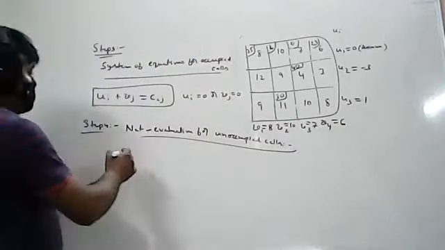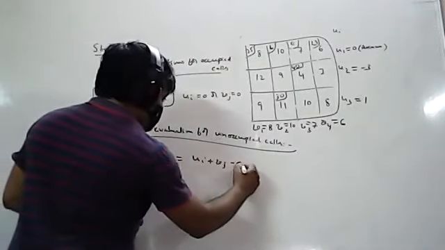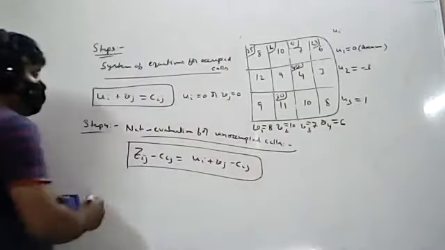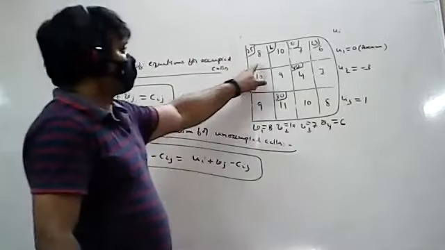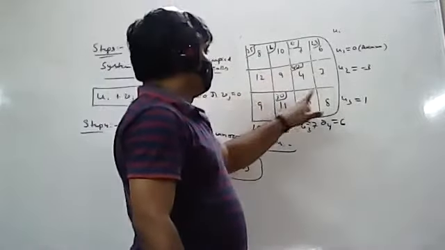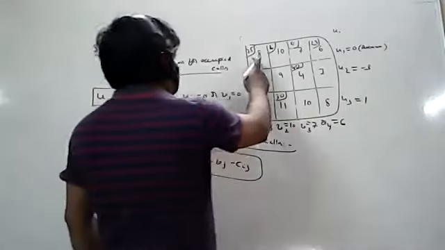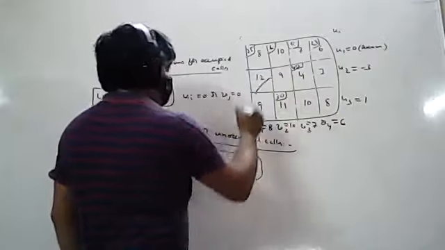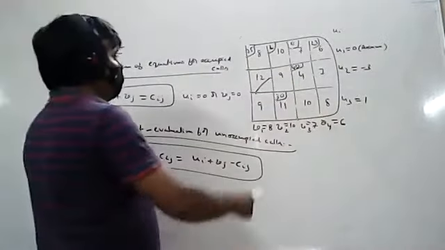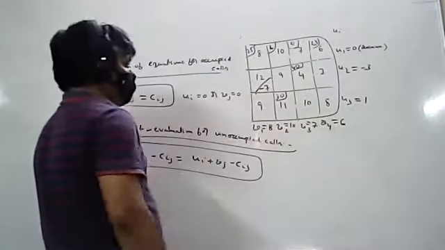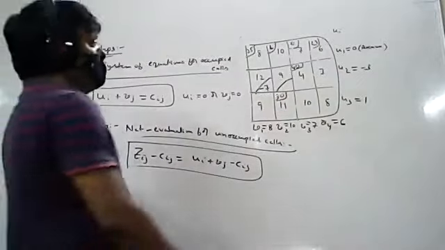Okay, so same procedure as is. So what is the formula? Zij minus Cij equal to ui plus Vj minus Cij. This formula is applied only for unoccupied cells. What are the unoccupied cells? Unoccupied cells means 1, 2, 3, 4, 5, 6. For these cells, you have to identify net evaluations. So occupied, ignore; unoccupied, you can calculate. Corresponding value: minus 3 plus 8 is 5. 5 minus 12 is minus 7. Next for 9: minus 3 plus 10 is 7. 7 minus 9.